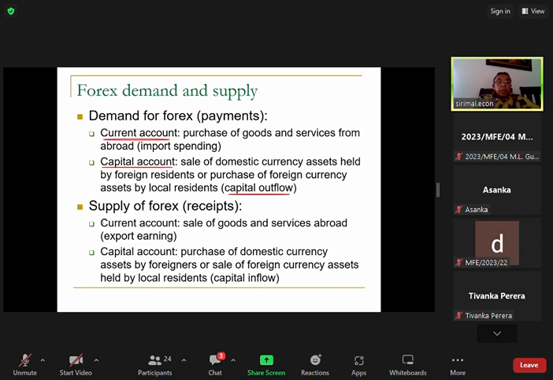On the supply side, under the current account, you have sale of goods and services abroad, that is export earnings. And then in the capital and financial account, you have purchase of domestic currency assets by foreigners. Here, foreigners sell whatever they have. Here, they purchase assets, or even sale of foreign currency assets held by local residents. Either way, they generate capital